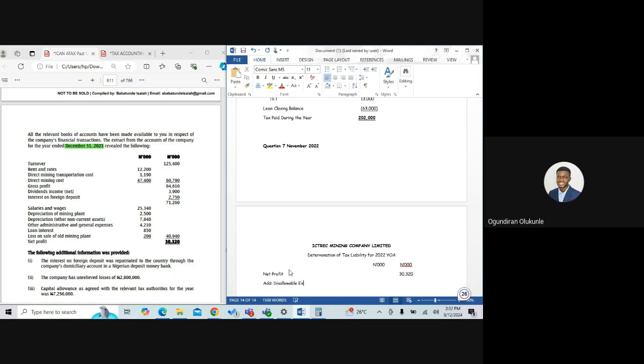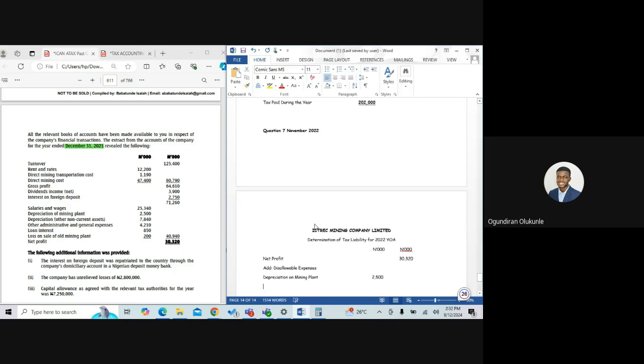Add disallowable expenses. Right. So we have turnover, rent, direct mining, salaries, then depreciation on mining plants. Is it disallowed? Depreciation on mining plants is disallowed. You know, any form of depreciation is disallowed, right? Then we have depreciation on other non-current